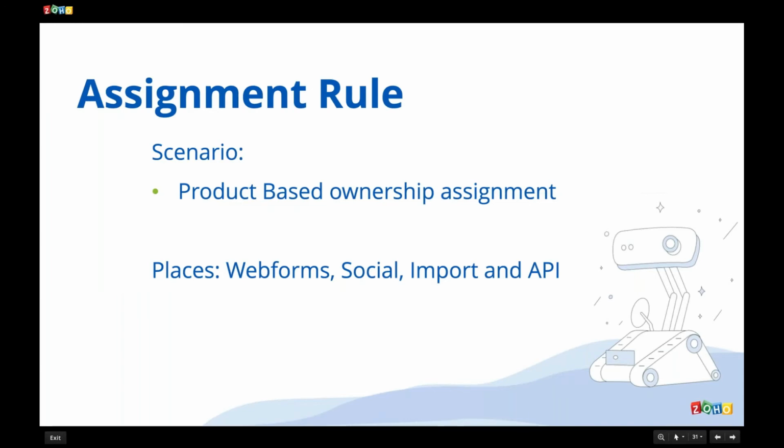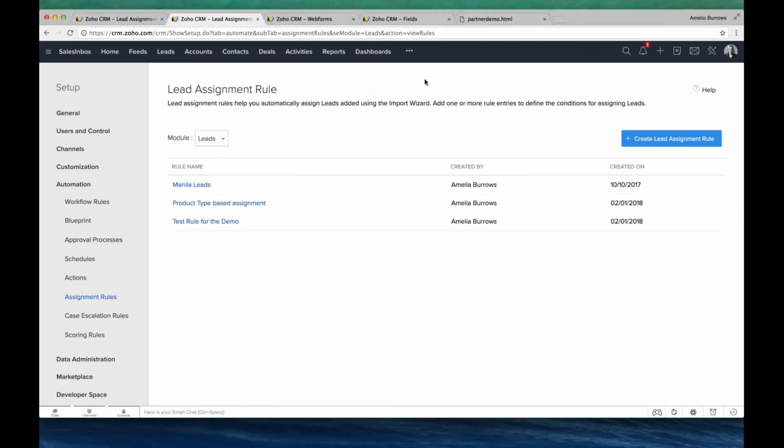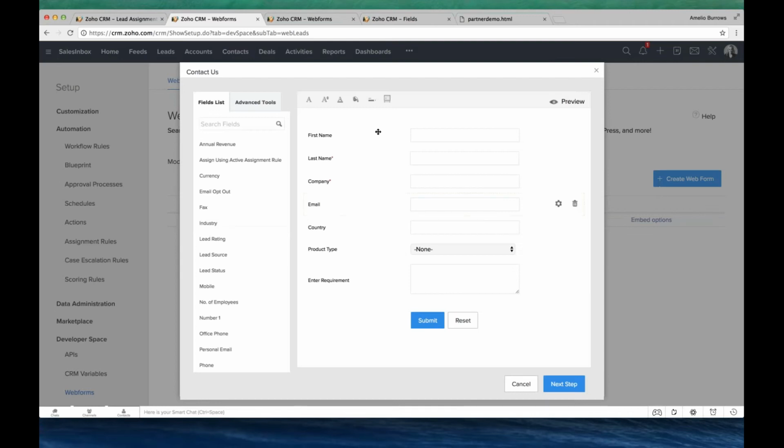Let me choose a web form. Okay. How do you go to the web form? So you again inside the setup, there is a developer space under which you can see the web forms. You click on that. I've created one web form in which I have chosen a few fields, right?